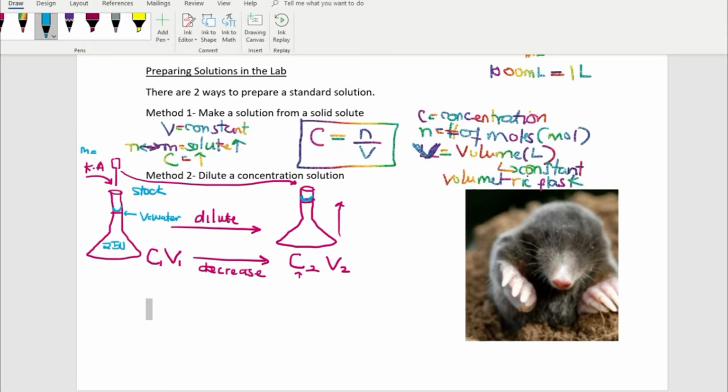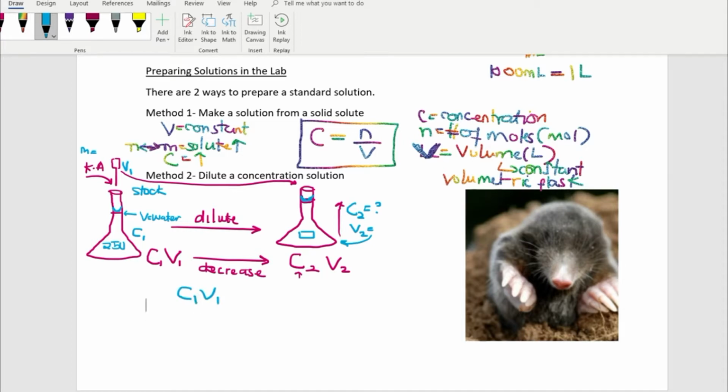And then you can know that if the total volume is 250 mL, and I'm taking out a specific volume, which is V1, out of this solution, and I know the concentration of this solution, I can determine the new concentration of this solution, where I know the final volume based on this volumetric flask label right there. So in that case, to determine that, all you need to do is find the equivalence of this, which is C1 V1 equals C2 V2,